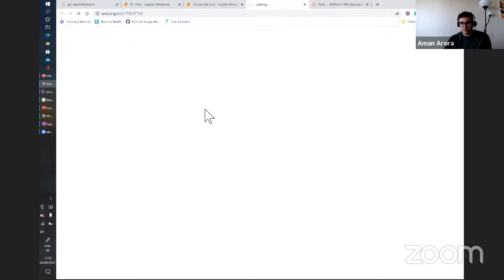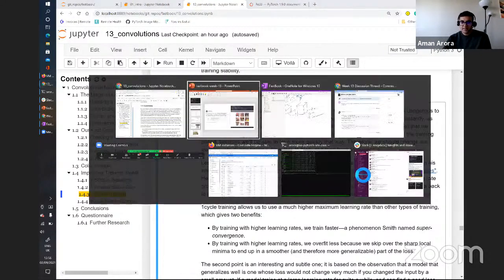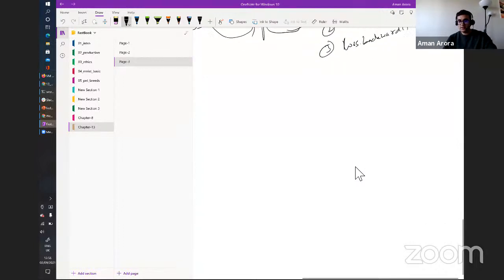Right now, I don't know why. But basically, what I would do this week is take this explanation of one cycle learning, and then start reading this paper. But the idea with one cycle learning, and we've already discussed this, is